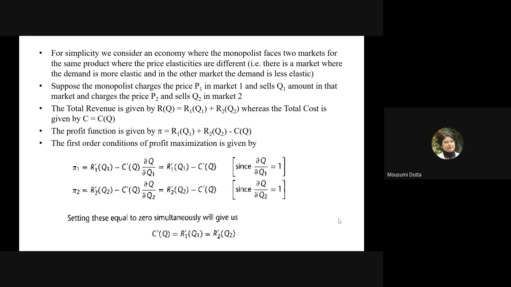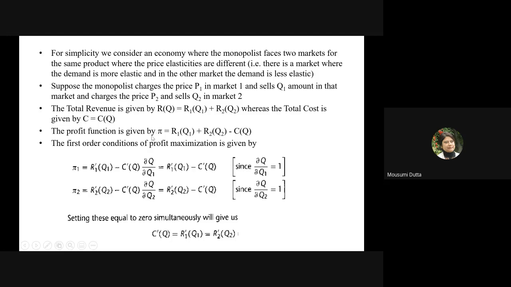Okay, here the context is different. Here, I am producing the total amount, a part I am bringing in one market and another part I am bringing in the other market. So I have a unique profit equation. Pi is equal to R1 Q1 plus R2 Q2. This one indicates the first market and this one indicates the second market. Okay. So these are not partials. These are the first market and the second market.